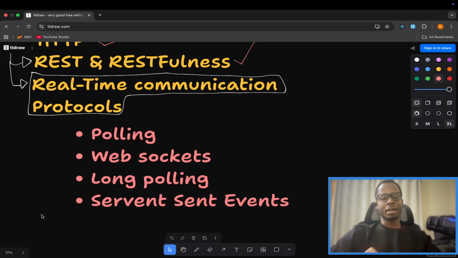And of course, going forward, like I told you, we shall keep going deeper and deeper while we combine everything